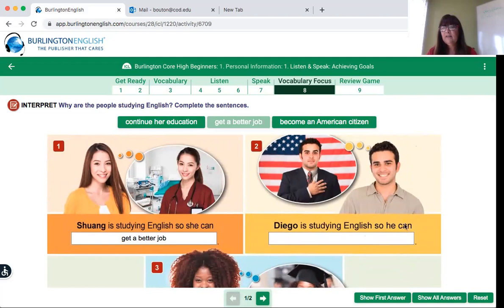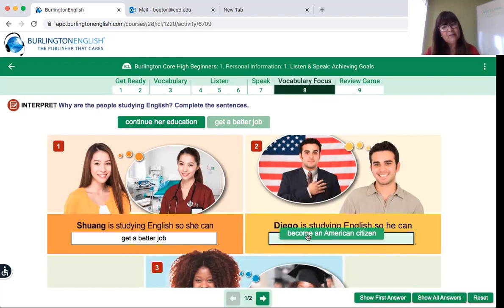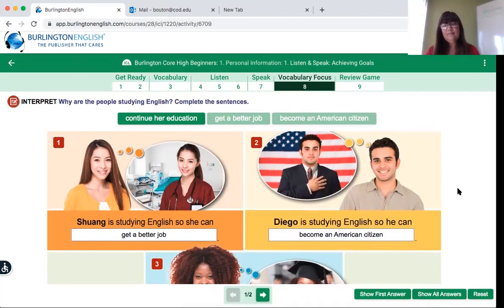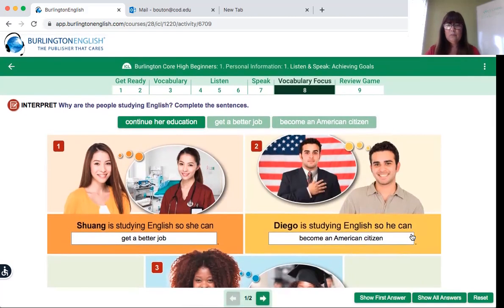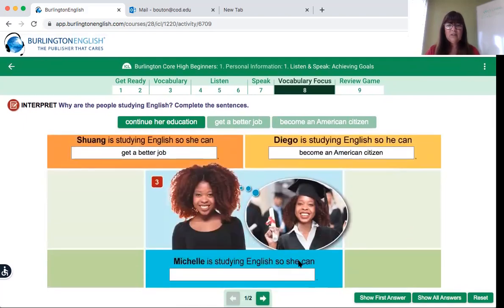Diego is studying English so he can, look, he's standing in front of an American flag and holding his hand on his heart. I think that means become an American citizen, right? And let's scroll down. And Michelle is studying English so she can, look, what is she doing in the picture?